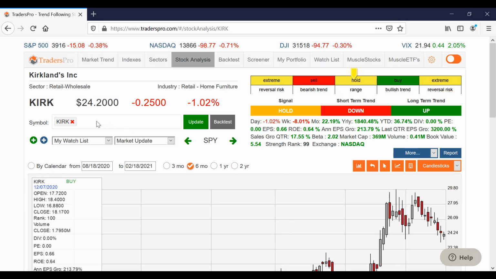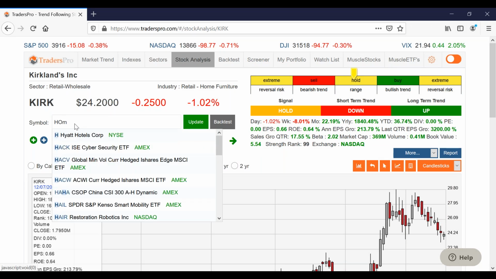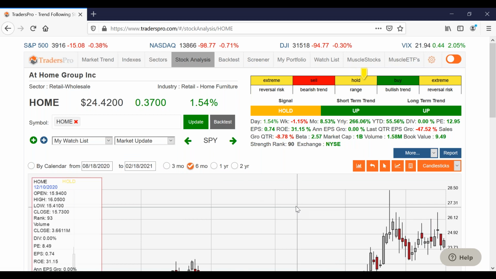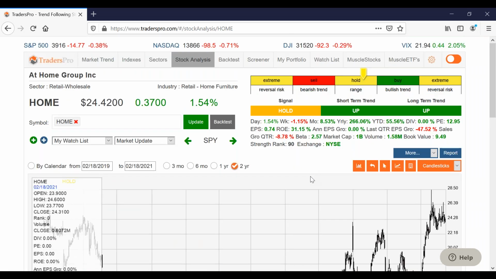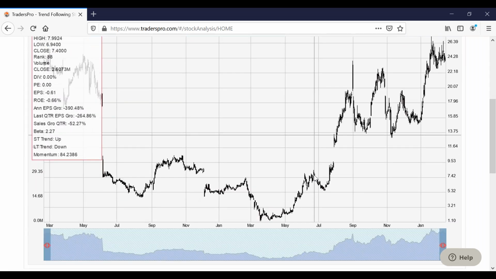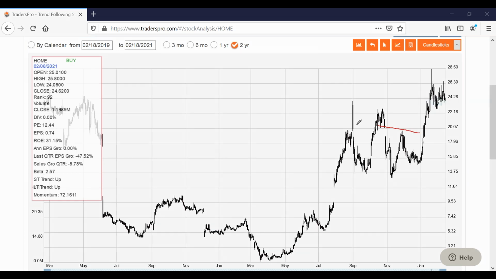All right, let's see how another one of these looks. Let's look at HOME. Again, similar pattern. We're seeing a corrective move right here. Nice little uptrend. Let's check the larger trend. Let's go to a 2-year chart. Okay, here's a real obvious sideways move right here. And here's a little bit of a smaller corrective move right there, and then you have this corrective move up here. Now you had a big decline right here, so I'm assuming that this is a bottom down here and that this is starting to kind of 5 waves up.